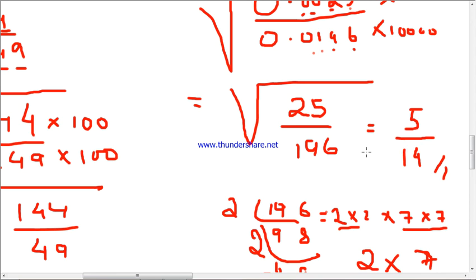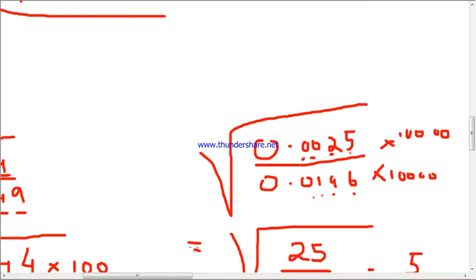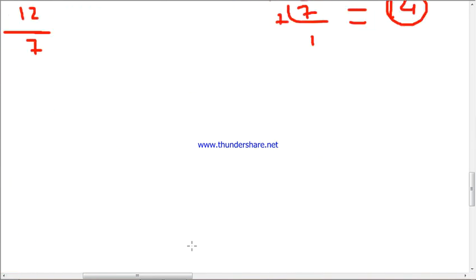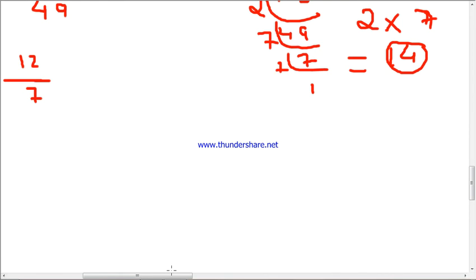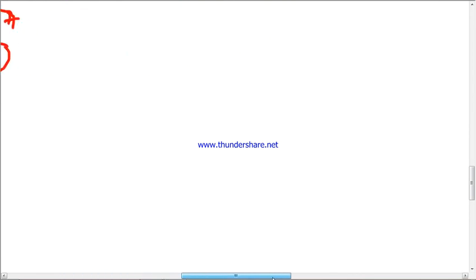Okay, this is how we do for this kind of sums. And let's do one more sum from the same question but different sub question number. Now this is some different kind of sum. All right, let's try this question number